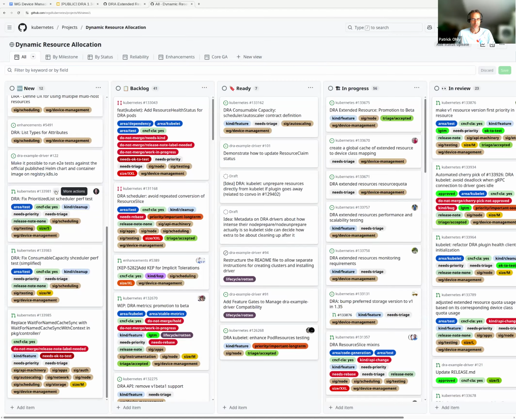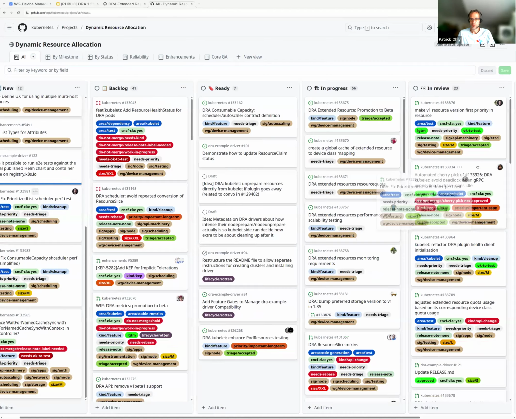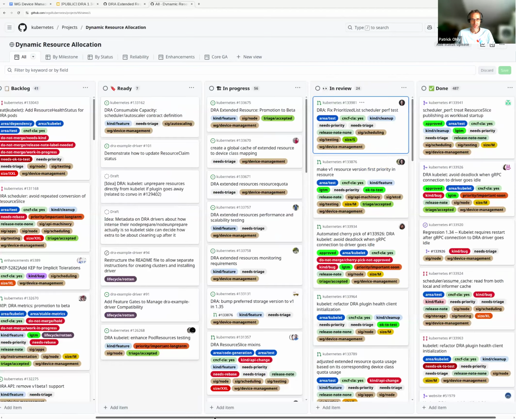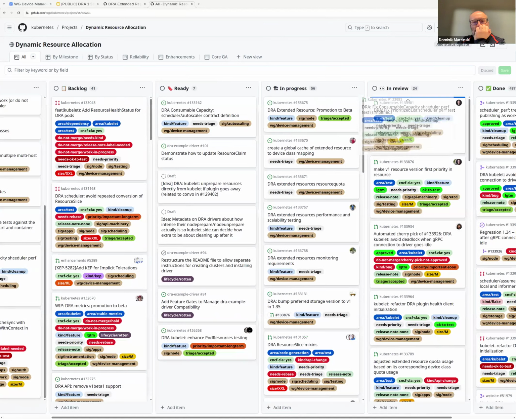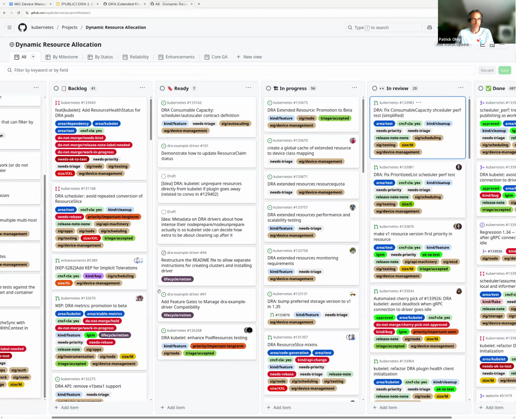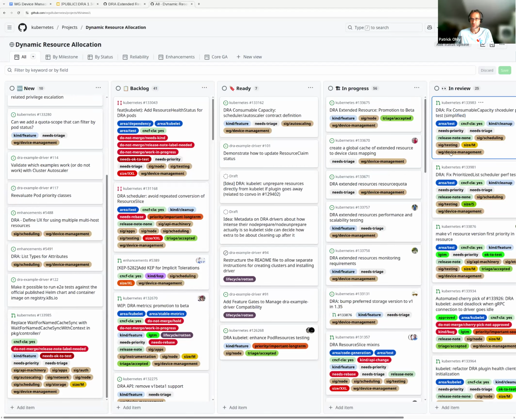As we are now looking at it, I can also move a few more things. Some other thing that I've been doing is looking at our scheduler perf testing. I found issues with it, notified people. Some of these PRs are fixing that. So that's also in review.